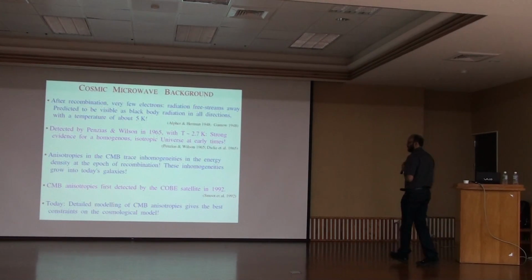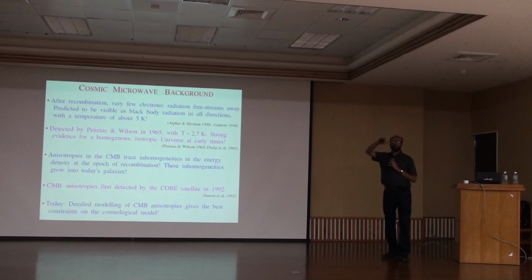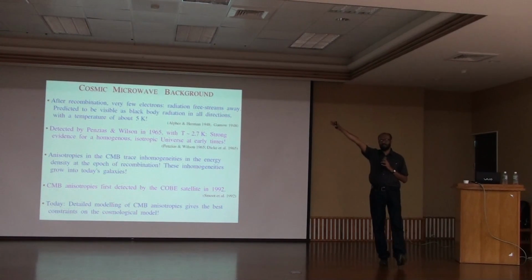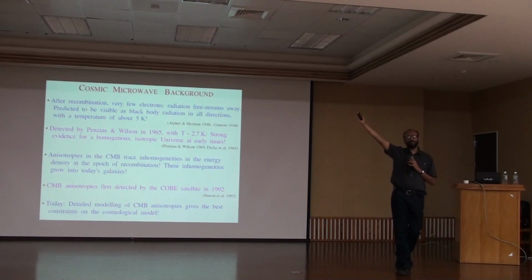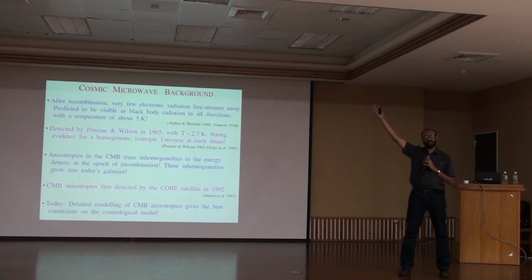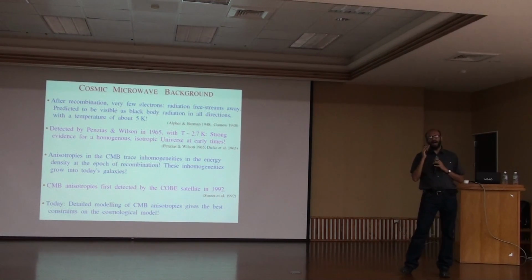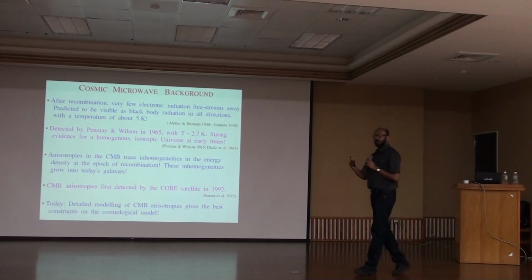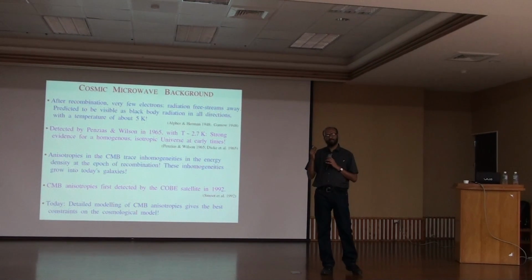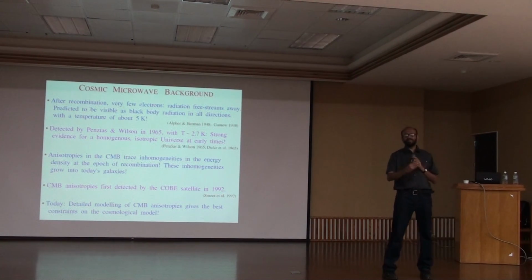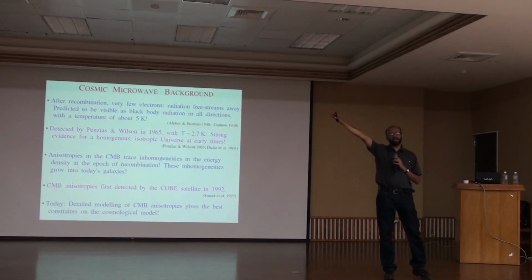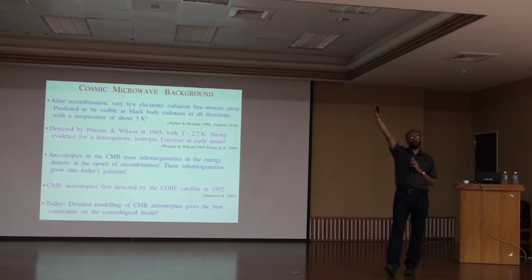So I'm going to take a step back, because I said that the universe is completely, perfectly homogeneous, right? In every direction, I must see 2.7 Kelvin. But there's a problem. How do I go from a universe which is perfectly homogeneous to a universe which has billions of galaxies? We see billions of galaxies today. Where did they come from? If the universe was this nice, uniform gas 400,000 years after the Big Bang.